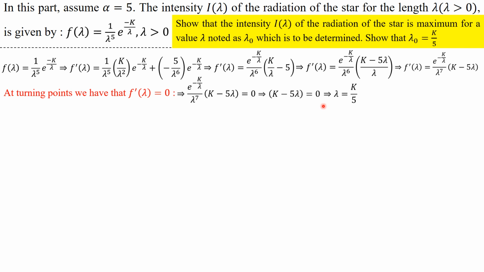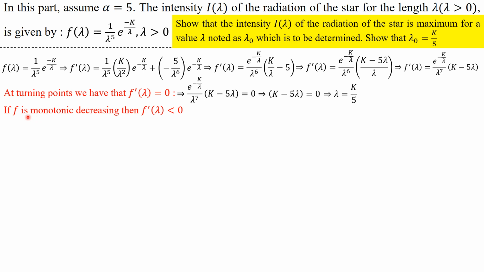You can either use the second derivative test by looking for the second derivative of the function. If it is less than 0, then the function is maximum. If it's greater than 0, then the function is minimum. But I'm not going to use that. Look at how we are going to analyze the function. We are going to look for the regions where the function is decreasing, the regions where the function is increasing, and then we draw the variation table and we conclude if that point is a maximum or minimum.